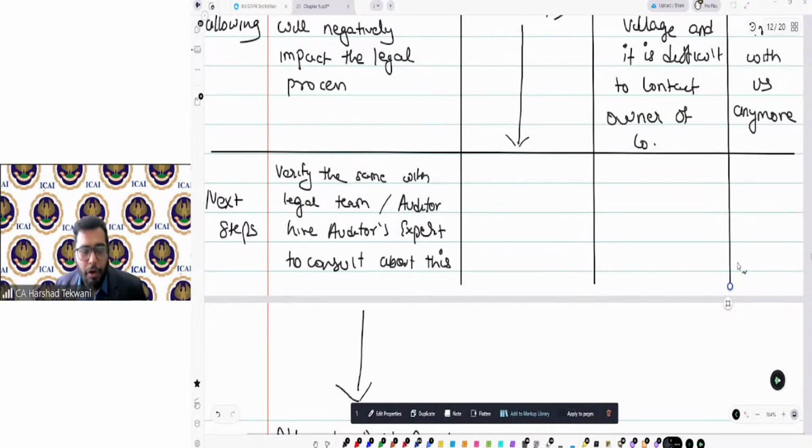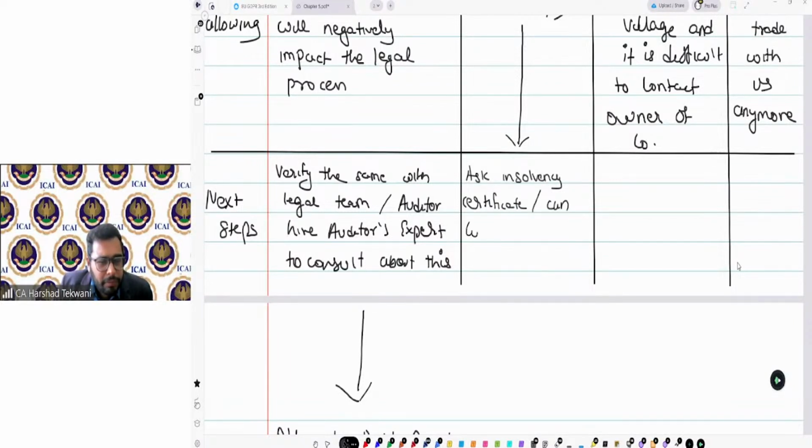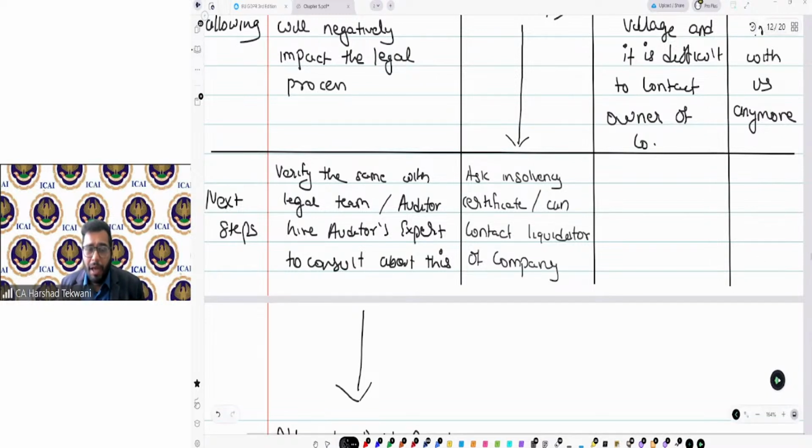So maybe in this case we can ask for an insolvency certificate, or contact the liquidator of the company. When there is a liquidator appointed for insolvency, they send out a communication to all the creditors.